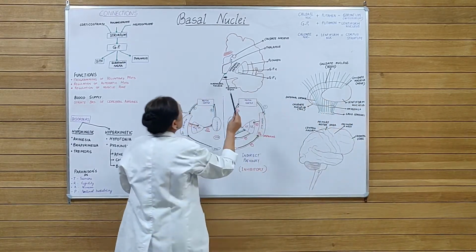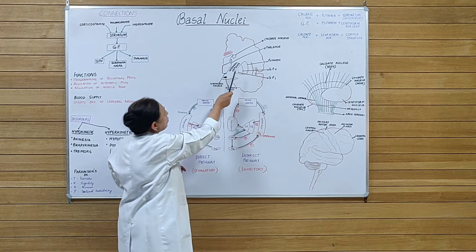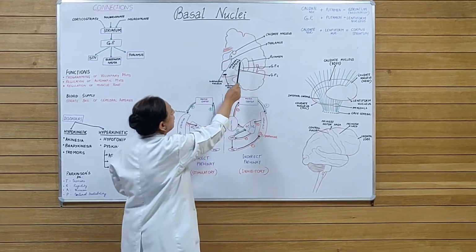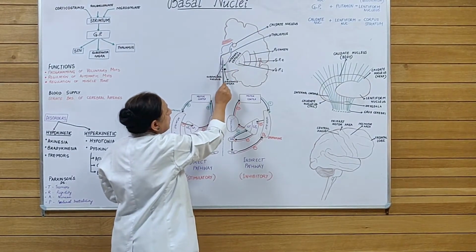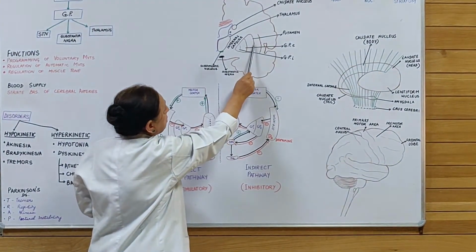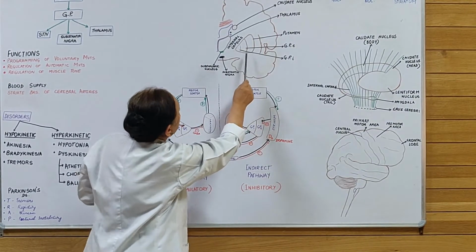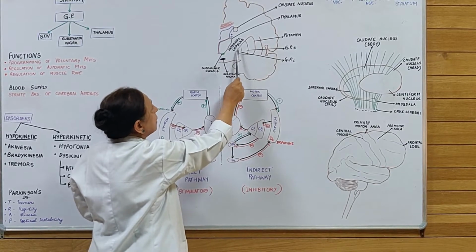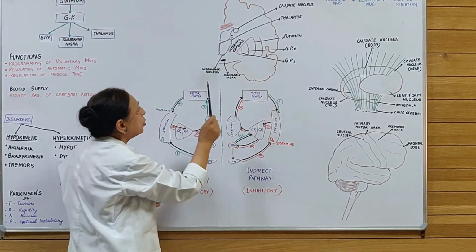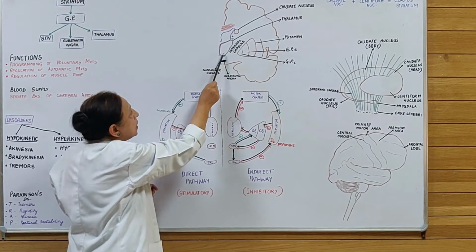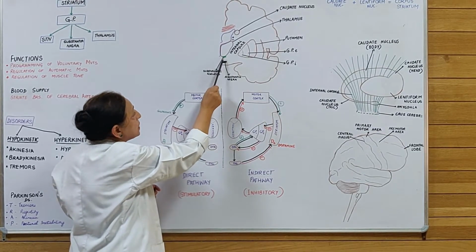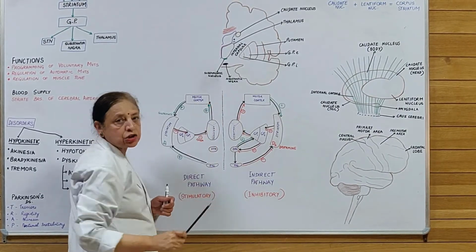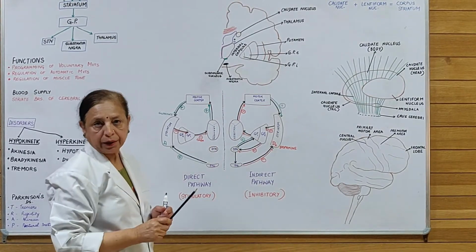So this gives you the orientation. In this coronal section, this is the anterior pole, this is the posterior pole. The nuclei that I need over here are the caudate nucleus, the thalamus, the putamen, the globus pallidus externum and internum, and this is the internal capsule. Now you will notice two more structures over here. Just beneath the thalamus is the subthalamic nucleus, which I will need for the connections, and this is the substantia nigra belonging to the midbrain.